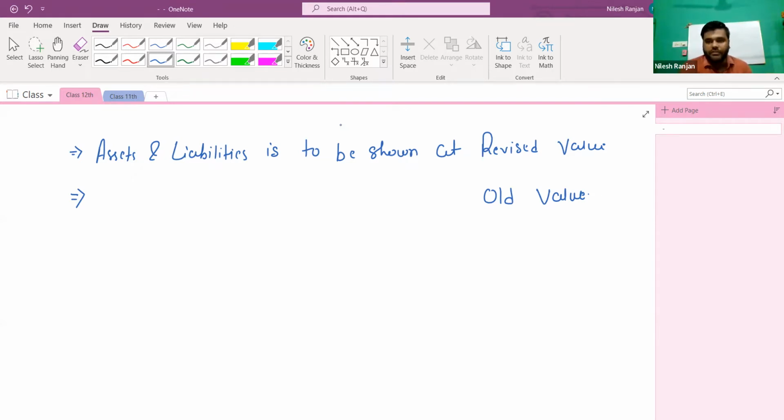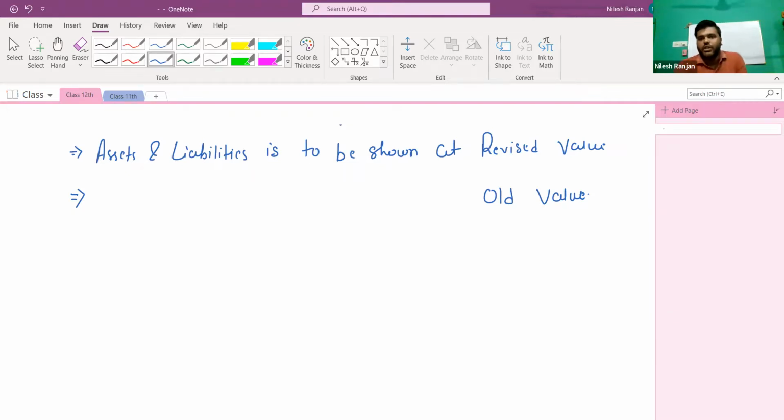Then we prepare the revaluation account and we distribute the profit or loss between old partners in old ratio. In case one,